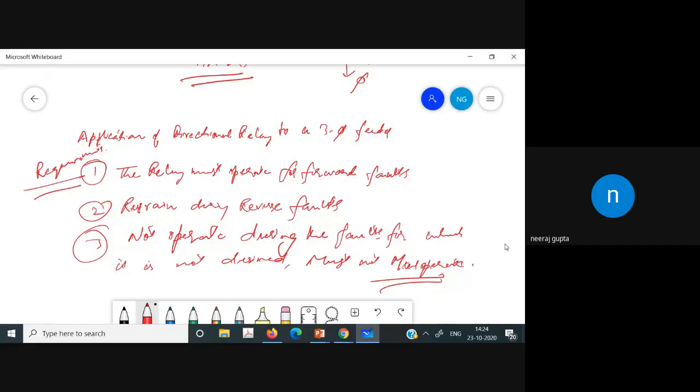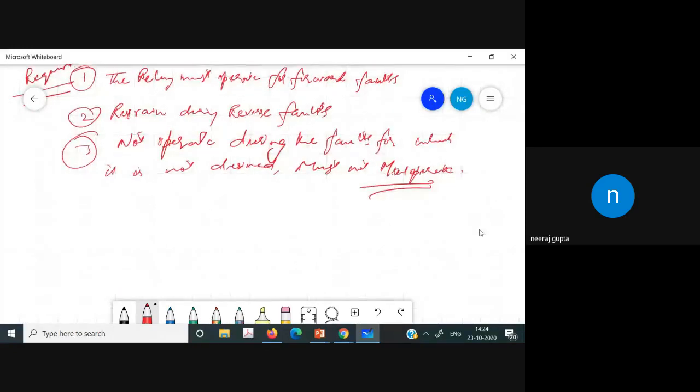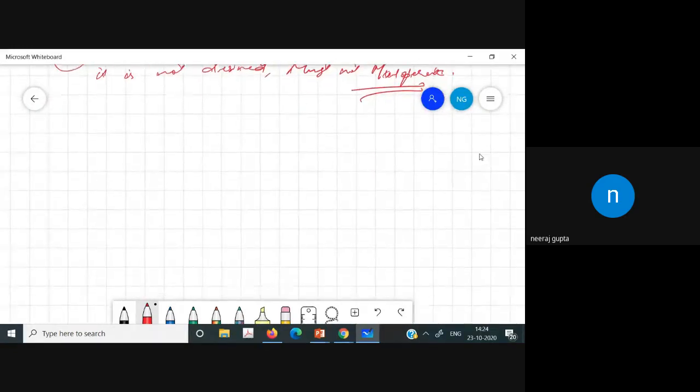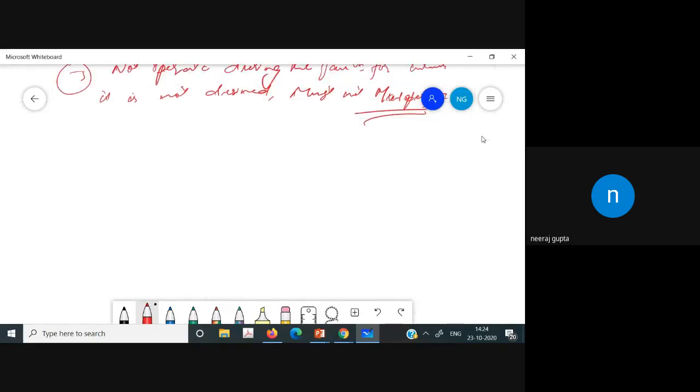So what we have discussed in today's lecture, we have discussed the basic concepts related to the directional relay. In that, we have taken into consideration the fact that when the power is positive, in that very case, the torque is also positive, and the relay will have the positive torque and it will operate. And the range of that positive torque would be from plus 90 to minus 90 degree. That is, P equals to VI cos phi, if you see this.